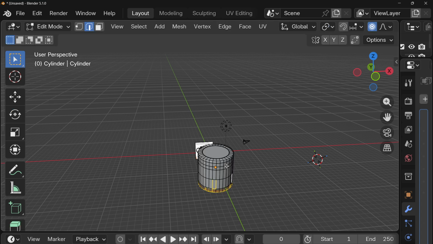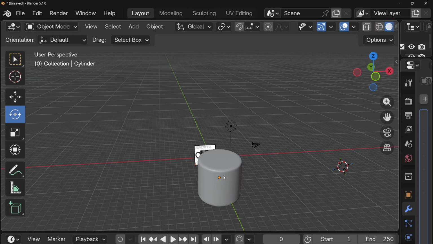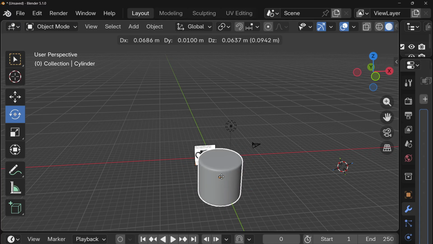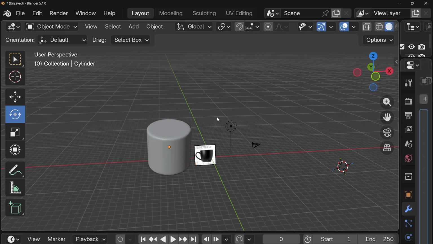Edit mode. Let's go Alt. No, this is the bottom of it. No, I don't need the behind of the cylinder. I need the top of the cylinder, man. Come on. Don't do that to me. Okay? I don't have any business with the bottom of the cylinder, right? Hey, is it the same thing? Okay. Anyway, so